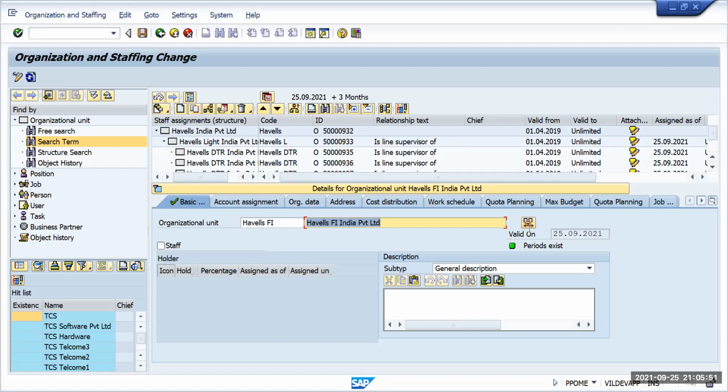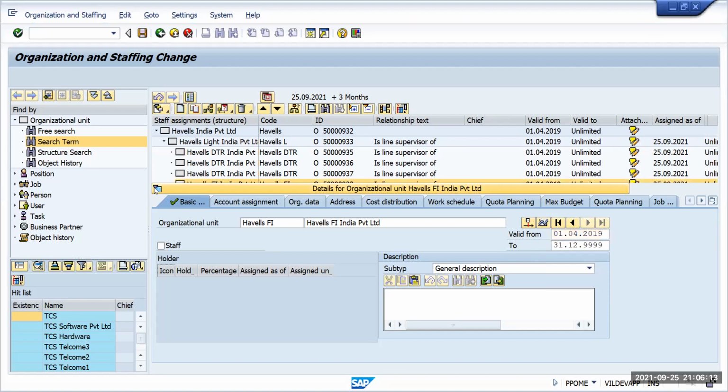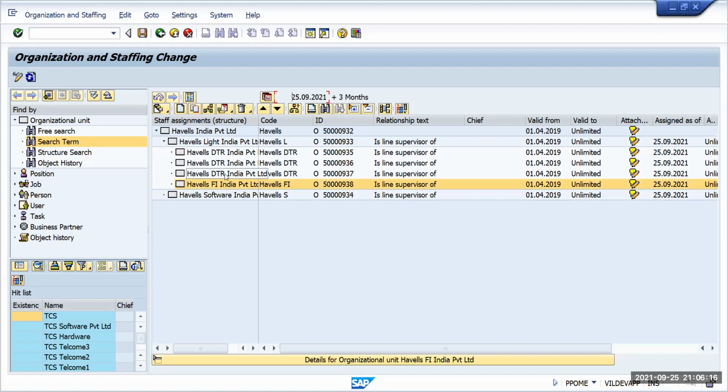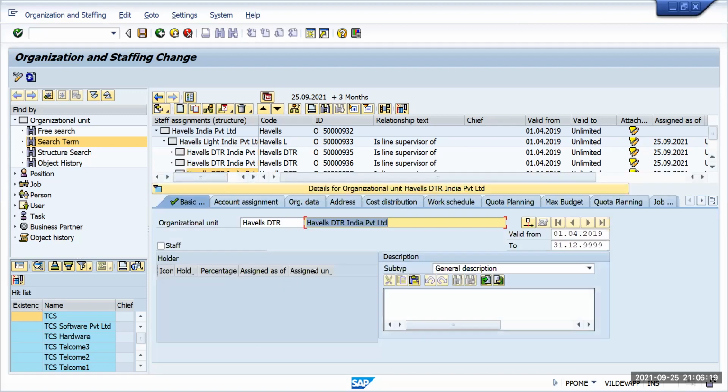When you click on display on, otherwise the system will take the current date. Today is the 25th. You can change it here to whatever date you want and just save it. If you want to save multiple things in the same way, don't save. Come back here again, make a double click. This time, like HR or any department, you can put anything you want.